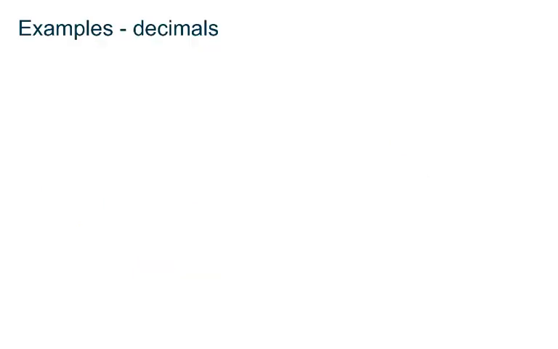Now, let's talk about some examples with decimals. Again, this process is similar. We're going to look at addition rules and subtraction rules with decimals and what you would do with positive and negative numbers. So let's say we have negative 3.2 minus a negative